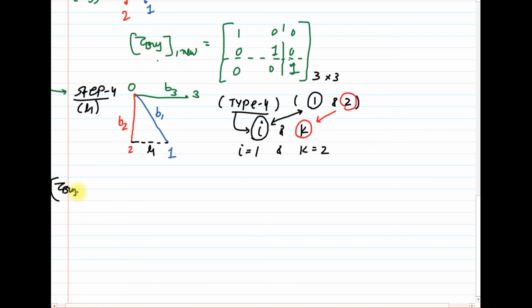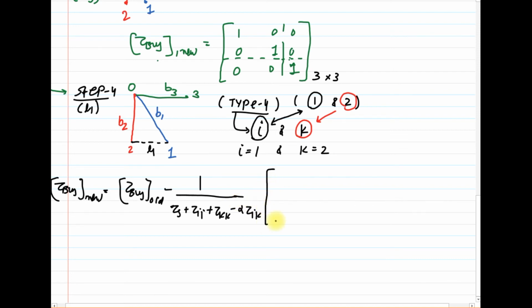Z bus new is equal to Z bus old minus 1 divided by the diagonal element, which is ZS plus ZII plus ZKK minus 2 times ZIK. Clear? Into, we have to write the